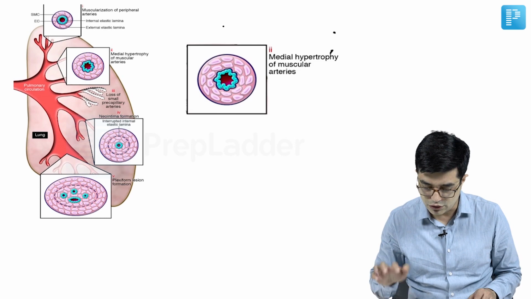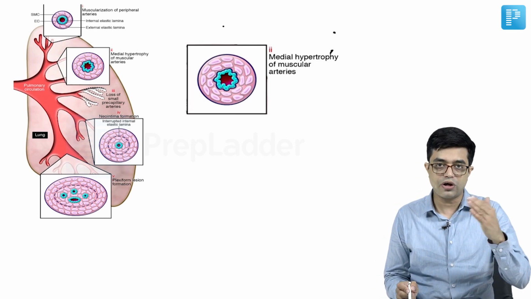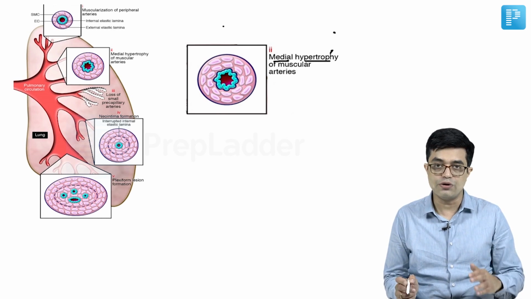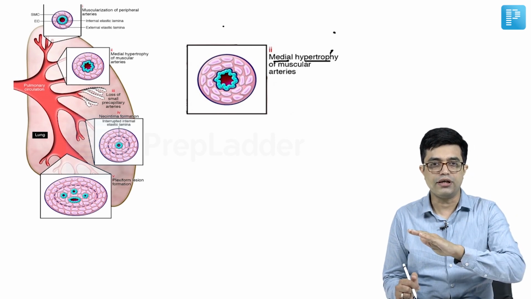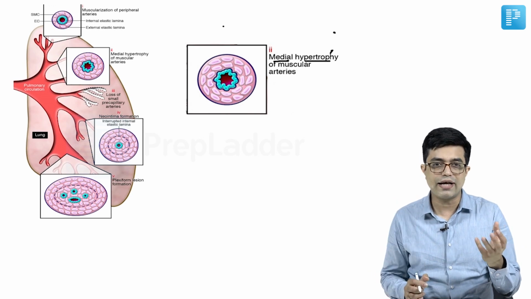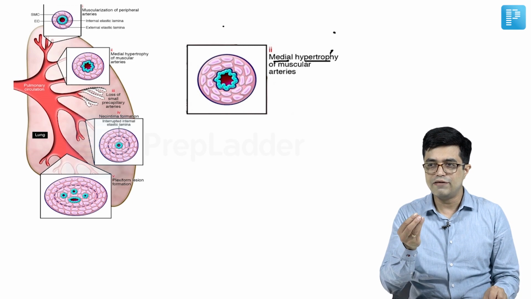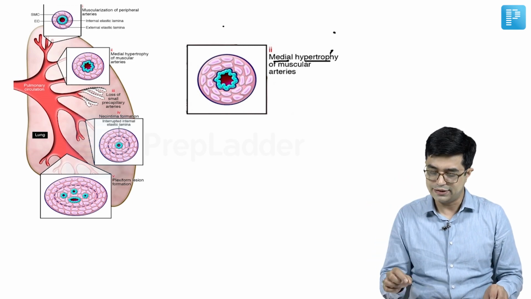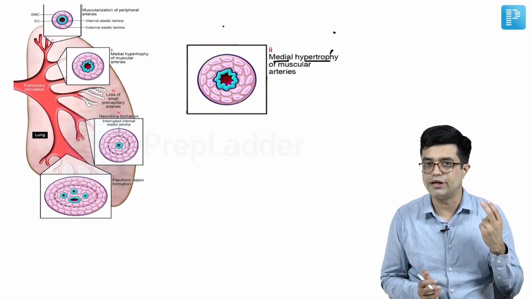So the second feature, look at this. The second feature will be seen in the muscular arteries. Where the muscle is already present, you will find that the tunica media becomes hypertrophied. You know that there are 3 layers: tunica intima, media and adventitia. The intima is composed of endothelial cells, adventitia is the outer layer, and tunica media is composed of muscular cells. So the muscular cell layer, which is normally 1 to 2 cell layers thick, becomes double its normal size. That is called hypertrophy of media in muscular artery. That is the second feature that you find.